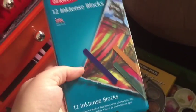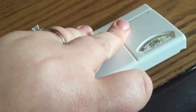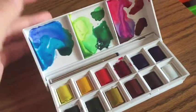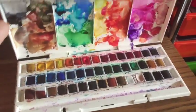This is my watercolor drawer. Well, almost all watercolors. Some of it aren't. These are the Derwent Inktense blocks. Then I've got the mini Windsor & Newton watercolor set, which I've barely touched because this is still new. And then I've got my full Windsor & Newton watercolor set, which is my favorite. I love it so much. As you can see,